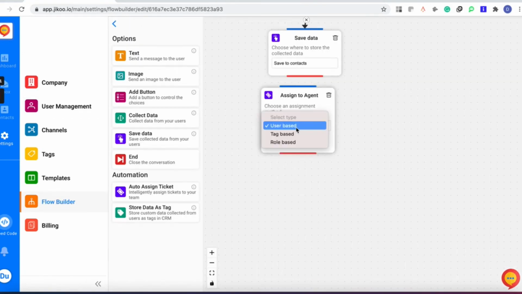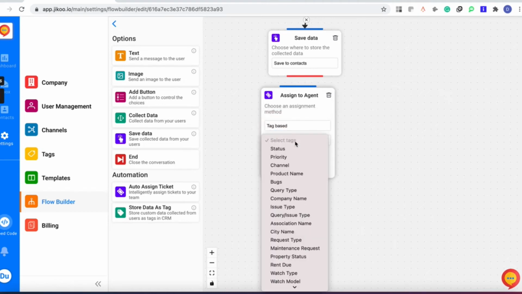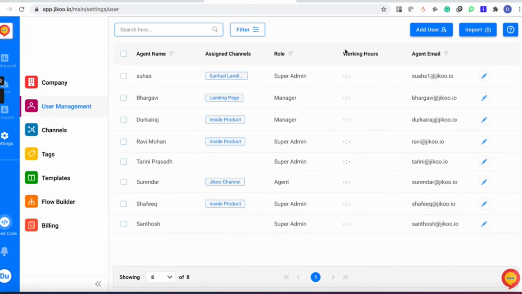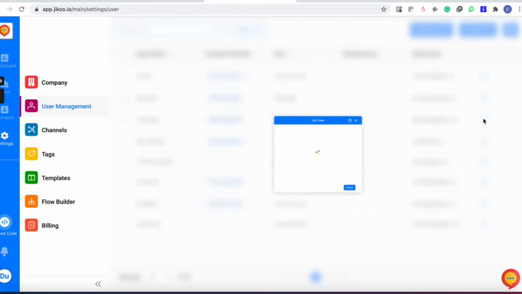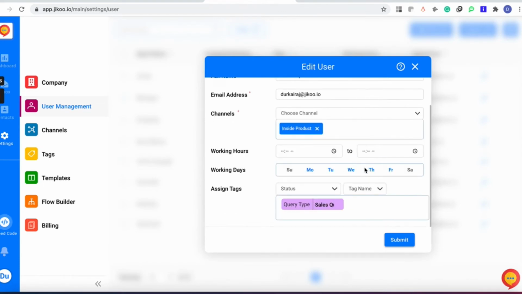If you select tag based, the ticket will be assigned based on the tags. Say, for example, I'm going for Durgai Raj. Let's say you have assigned a sales query kind of tag to Durgai Raj, because you think Durgai Raj is an expert in handling sales queries.